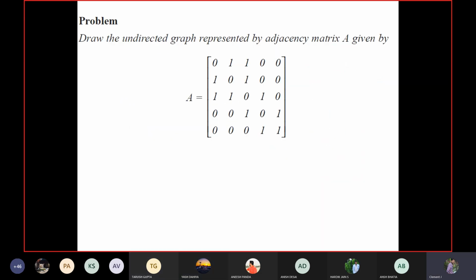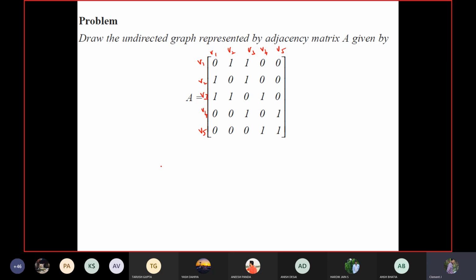Let's move to another problem related to the same concept, vice versa. Here an adjacency matrix is given, and our task is to draw the graph for the same adjacency matrix. It is advisable to label it clearly with practice, so you will not make mistakes. So V1, V2, V3, V4, V5 along the rows and columns. I'm going to draw the graph like this, applying the same concept vice versa.